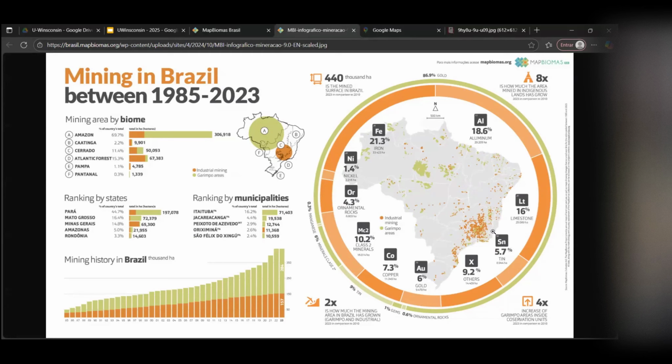It's not using machines and so on. As you can see, for example, this is a very useful way to teach a little bit about how the mining sites are distributed in Brazil. You can see that most of the area is in the Amazon. Almost 70% of all the mining sites in Brazil are in the Amazon. But the most shocking thing is how it's growing over time, right? And you can see the difference between what is legal and illegal. The illegal part of it is growing faster, for example.